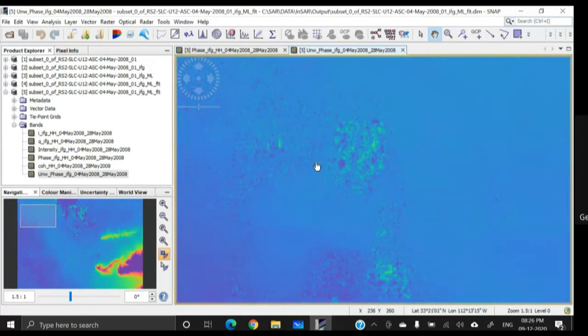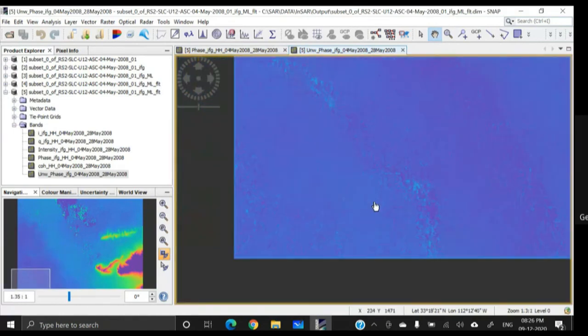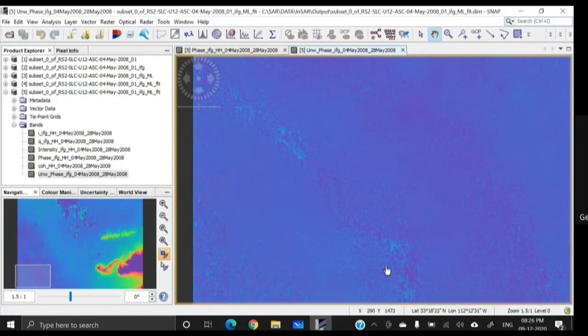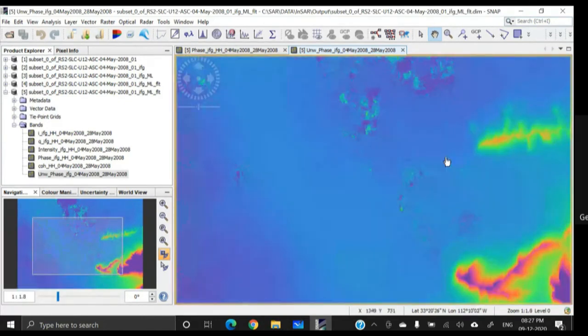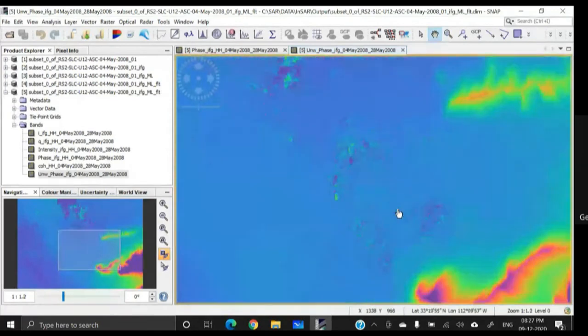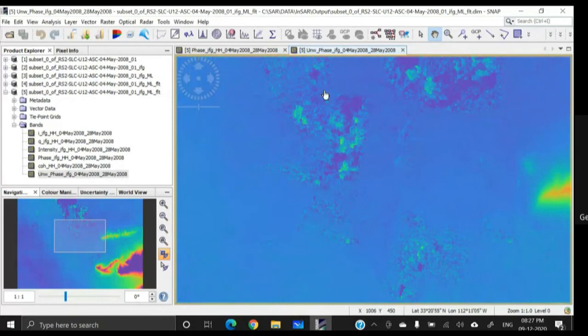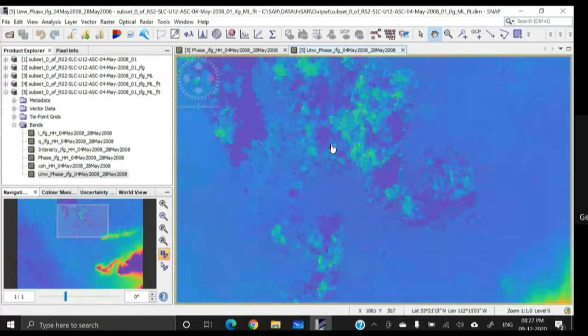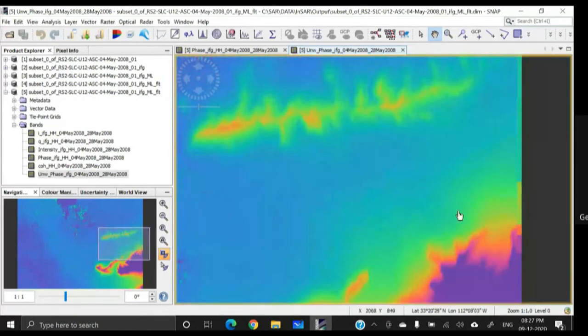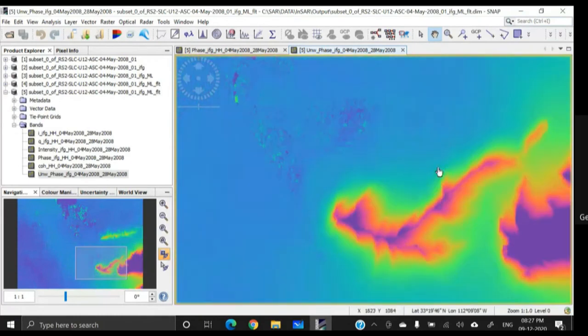over here. Random pixel values, not very smooth. Also in these areas, and also in the water bodies, it's not very smooth. This is because of the temporal variation, as we have discussed earlier, and also in this area, as you can see, we have a lot of noise. Okay, but in this area, it is rather smoother.